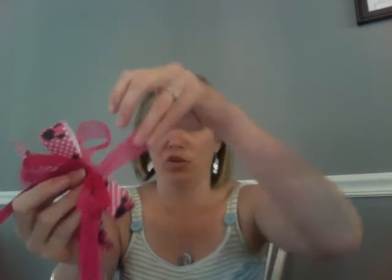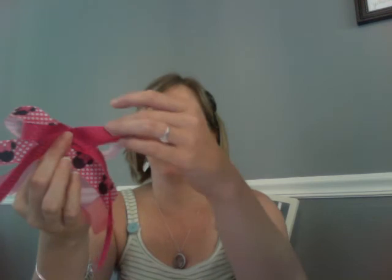I'm making it for Hadley's birthday party. It's mini, so I kind of want the mini to be the accent. I might just do it like that. Okay. So I'm going to do it like this. And as you can see, there's 3 different ones. There's a sheer one in the back, then the mini, then the polka dot. So you want to kind of layer them on top of one another